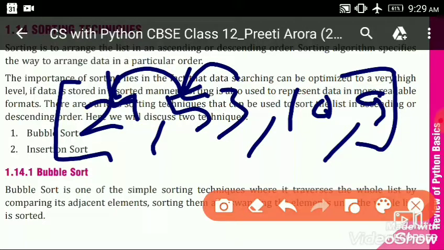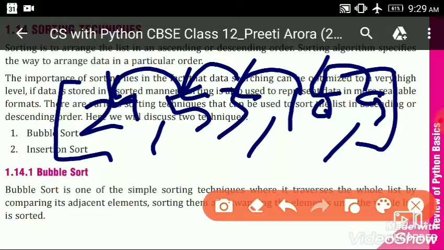Then it checks 21 is greater than 10, so it also exchanges. Then 21 is greater than 9, so it also exchanges. So in the first pass we get the largest number in the last position. Then again we start this algorithm, up to n-1 times, until the whole list is sorted.